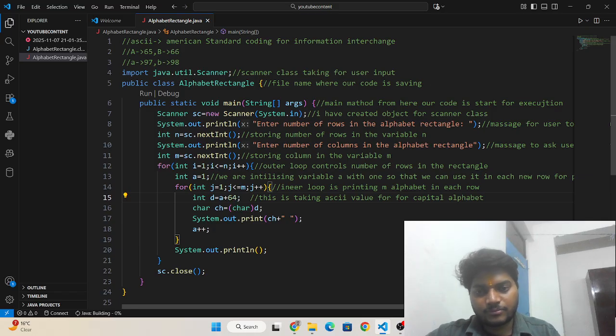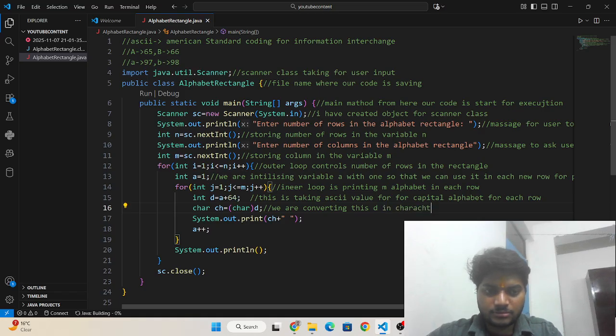Okay, for each row it is taking the ASCII value for a capital alphabet, and we are converting this d into character using type casting.